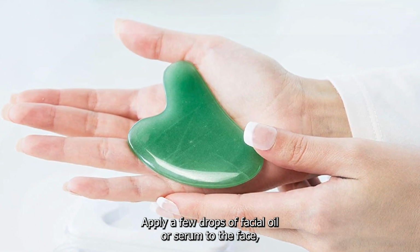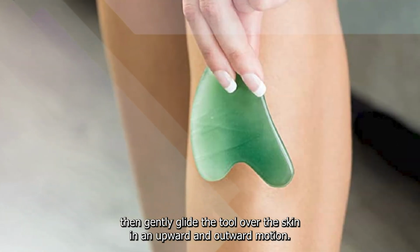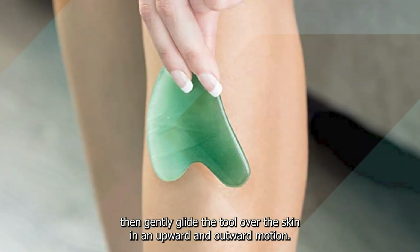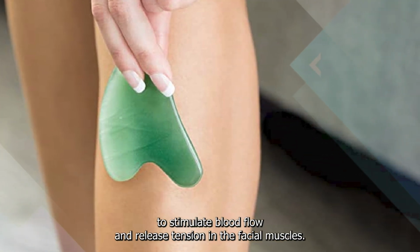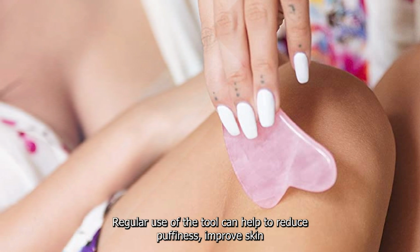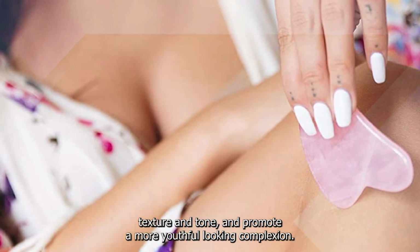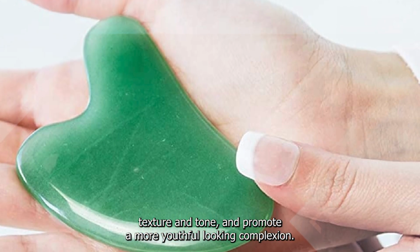Apply a few drops of facial oil or serum to the face, then gently glide the tool over the skin in an upward and outward motion. The gentle pressure helps to stimulate blood flow and release tension in the facial muscles. Regular use of the tool can help to reduce puffiness, improve skin texture and tone, and promote a more youthful-looking